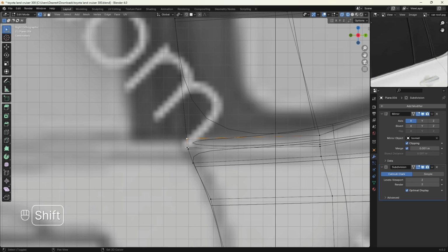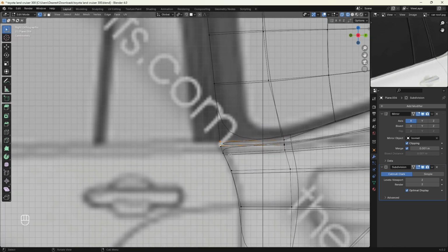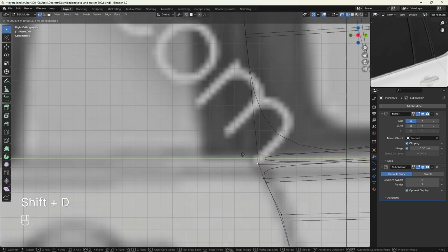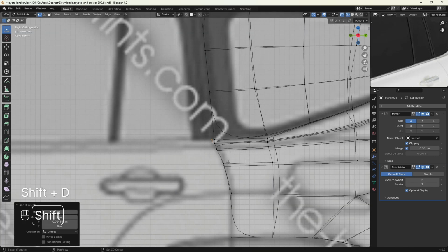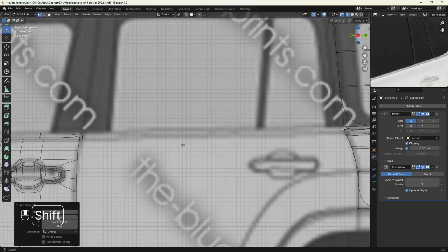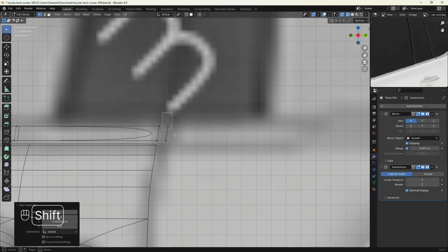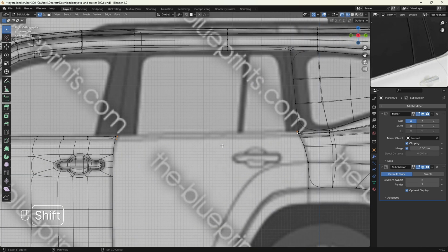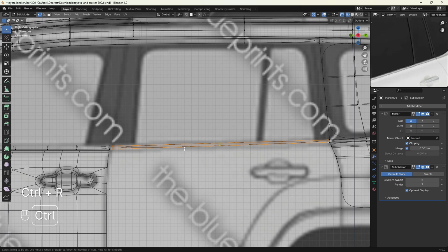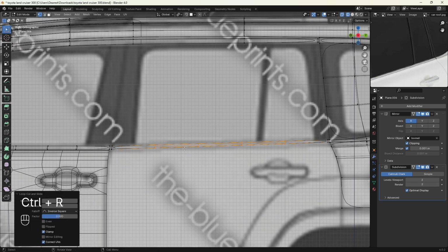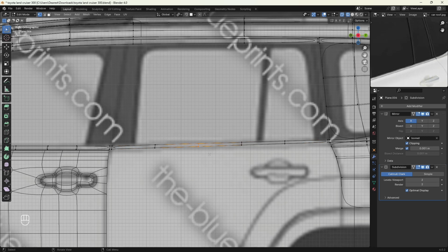I'm also gonna select these. Let's also duplicate to about here, and with that still selected, I'm gonna select these again. Let's press F to create a face between them, and let's add in about 4 loop cuts here. I'm gonna select these. Let's bring them down,